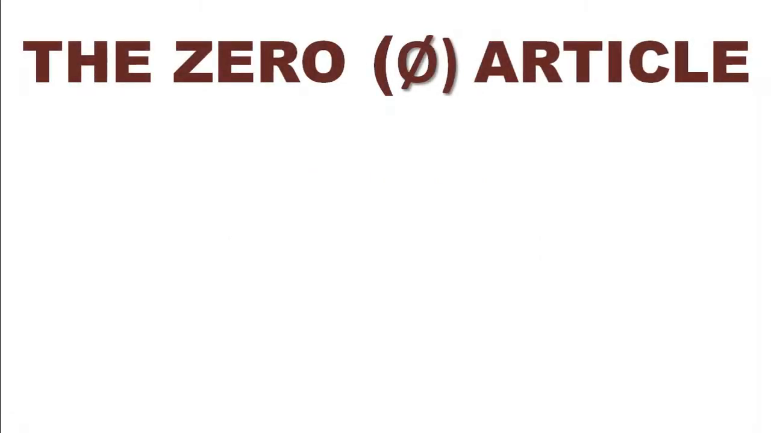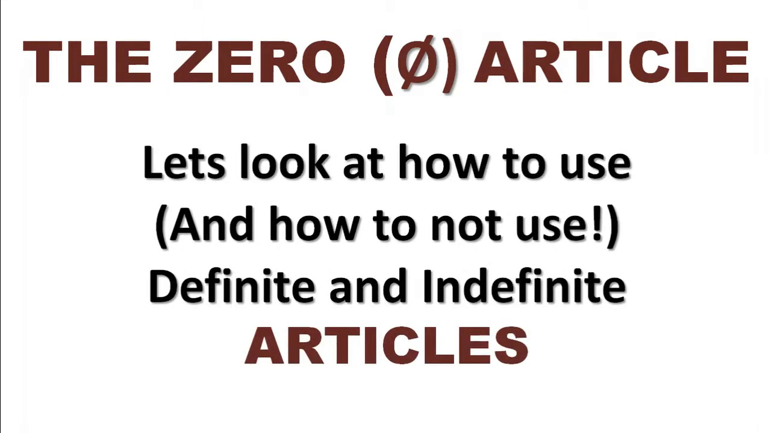We're going to talk about the zero article. Right at the beginning of the first video, we saw a slide that says, let's look at how to use and how to not use definite and indefinite articles. Normally in English, we would say how not to use, but here I specifically said and how to not use,